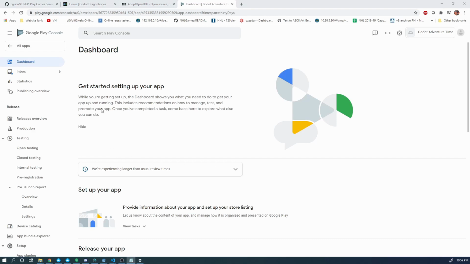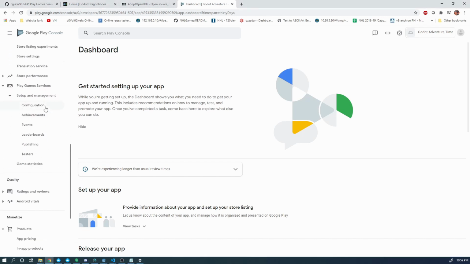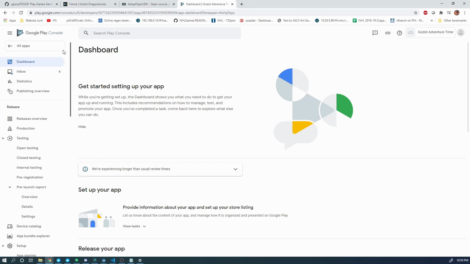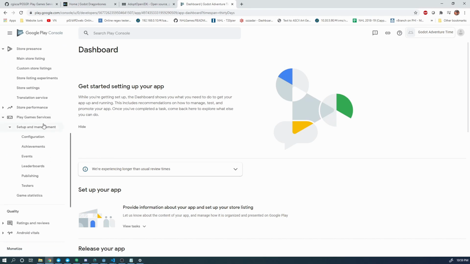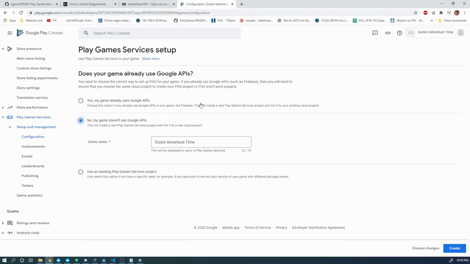So once your application is created, all we need to do at this point to get Google Play integration for our testing is, on the left sidebar at the bottom, you're going to see Play Game Services. Hit the configuration button. So you'll get a page that looks like this. Does your game already use Google APIs? Since we're doing a new game, we'll click no. If you're migrating a previous project, or you're already using Google Maps APIs or something like that, you would click yes, but we're creating a new one. So when we hit the create button here,